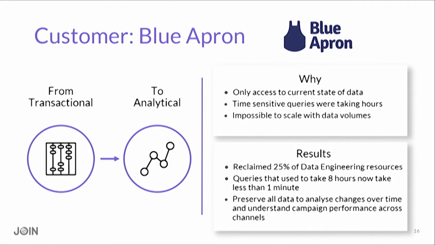Second example, Blue Apron is a food delivery company. What they do is package a recipe into a box and then deliver it to your house. You can cook that yourself with all the ingredients that you need. They were being very successful, growing super fast, and that was proving to be challenging from a data standpoint. They were using a transactional database, as Megan was saying, that's typically where people start. They had an app, it was generating information, they were storing all the transactions in that transactional database, and that was a great place to start. However, at some point, they couldn't scale that anymore, and that's when they started looking at different options.